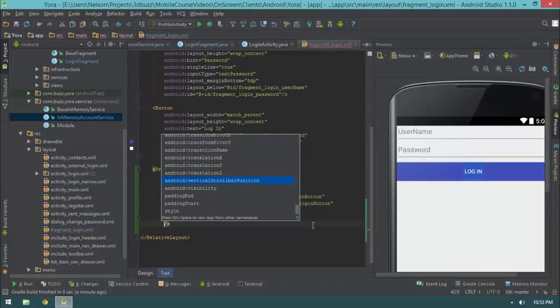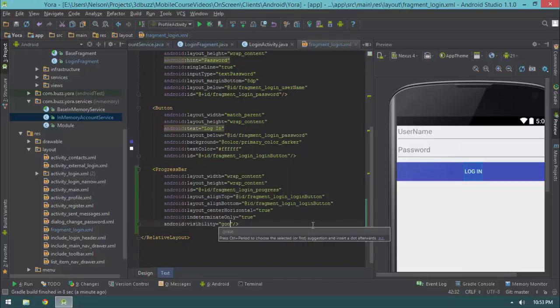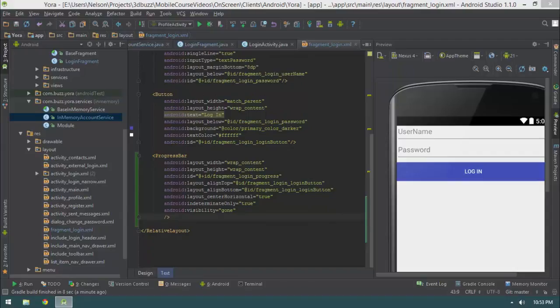First I'm going to say, right here, visibility gone so that the progress bar is by default not visible. But I'm also going to change its style. There's a really cool little inverse progress bar style that I can use without having to write my own style. So I'm going to say style equals question mark, because we're accessing a theme variable,